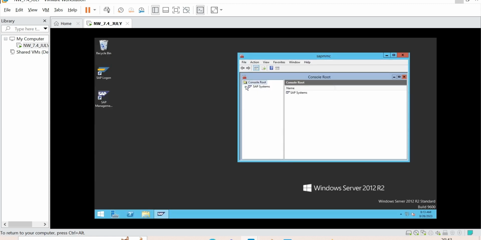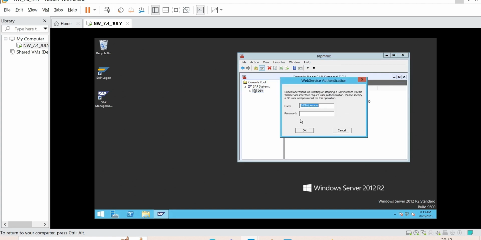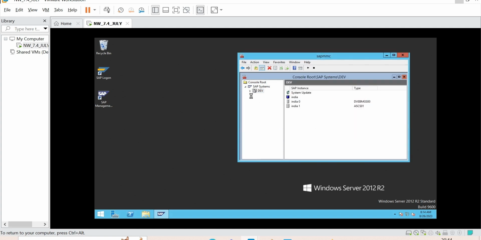SAP systems. Observe what it is starting first. First the database will start.